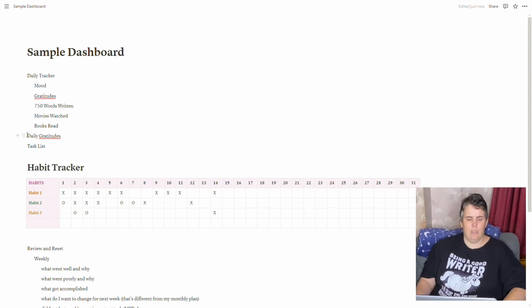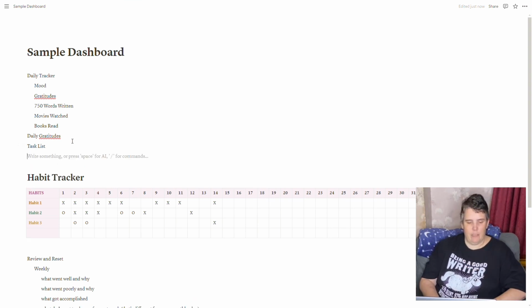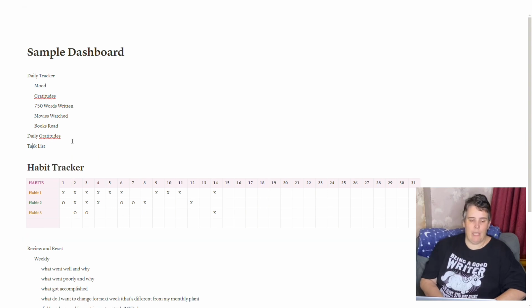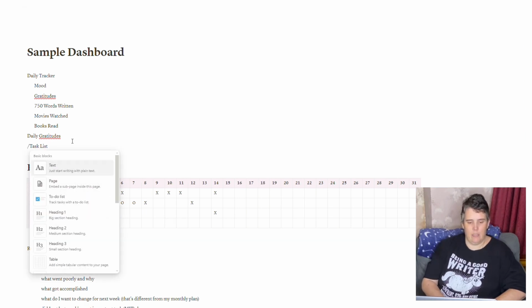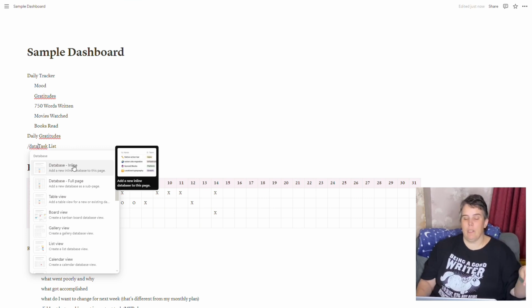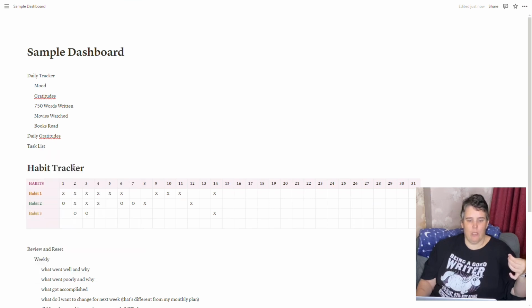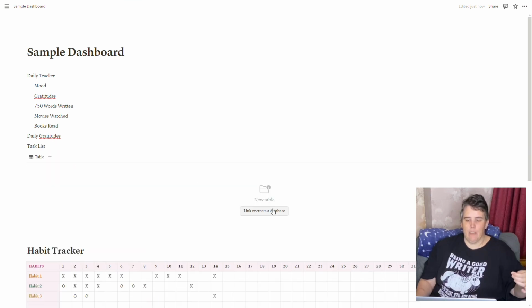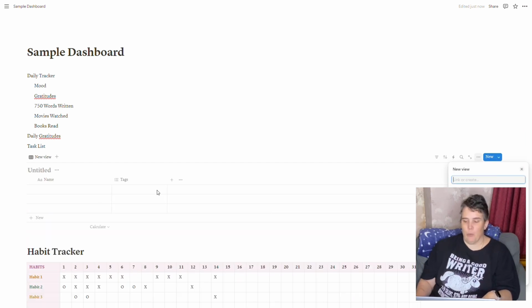Let's do a task list. I like to put task lists in databases. So we are going to make this a database, and we're going to make it inline, so it's going to show on this page because that seems like the kind of thing I want on my dashboard. So it's putting a table right here. Not a table, it's putting a database right here on my main page. I'm going to create a database,